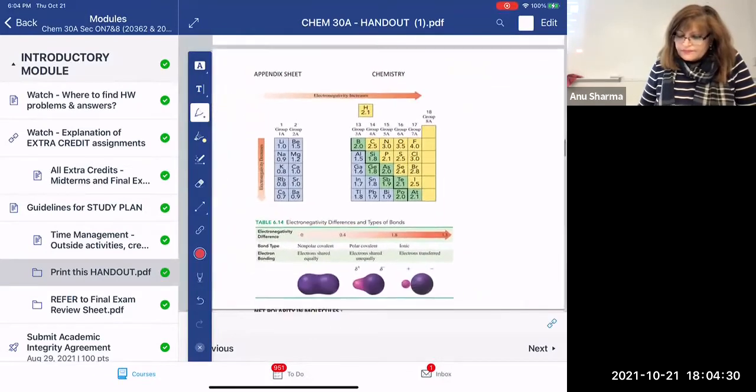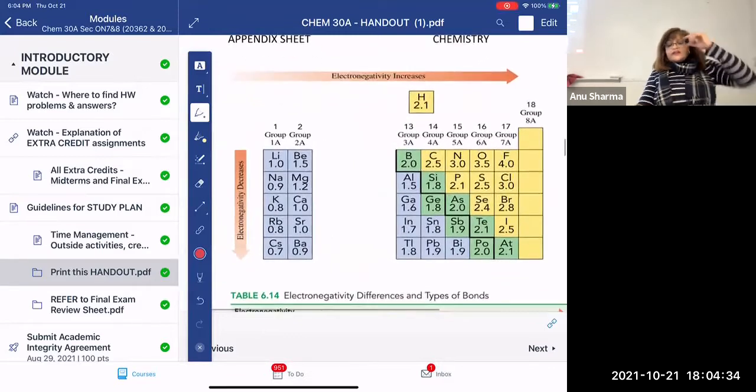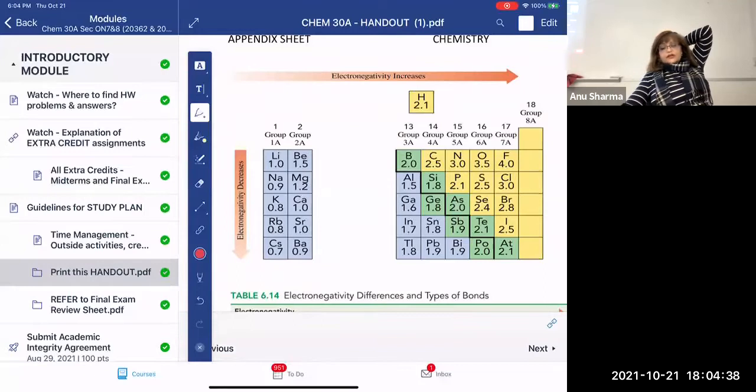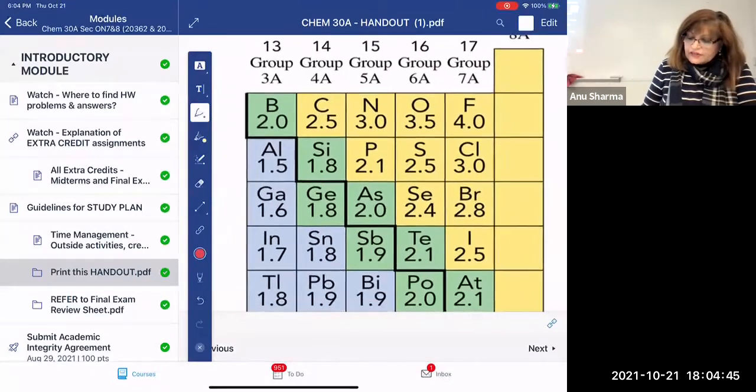Here, right here. These are the values of the electronegativities. These have been identified. The electronegativity has been measured on the Linus Pauling scale. So if you look at this electronegativity